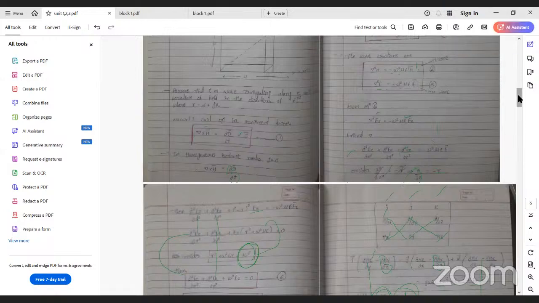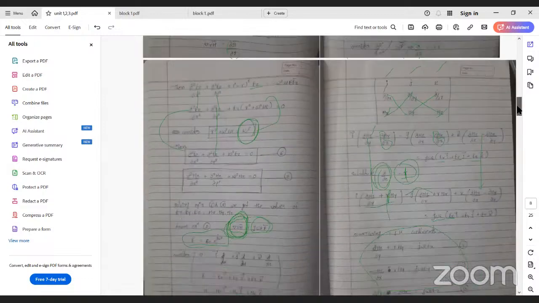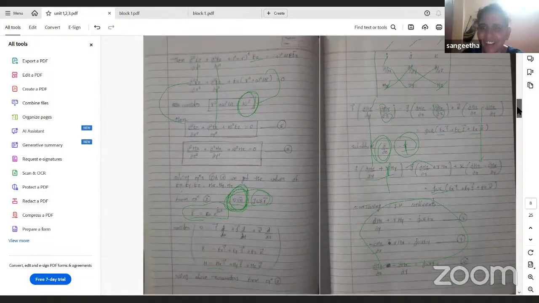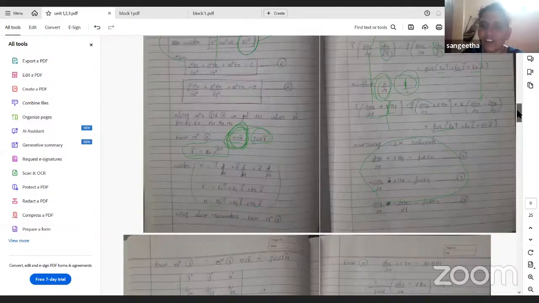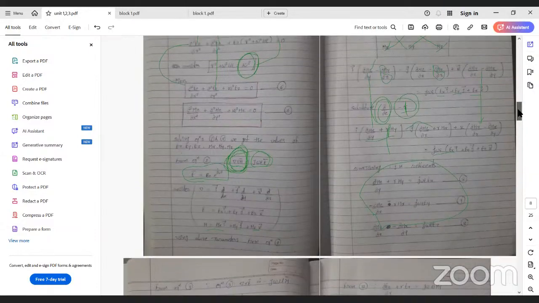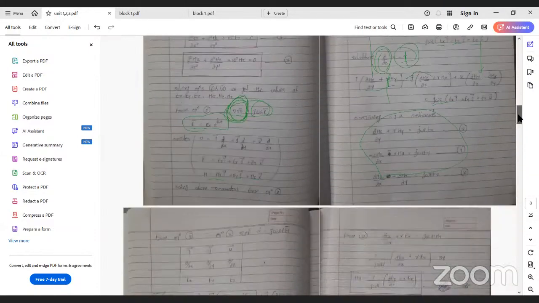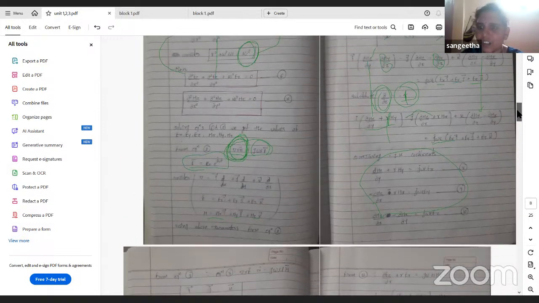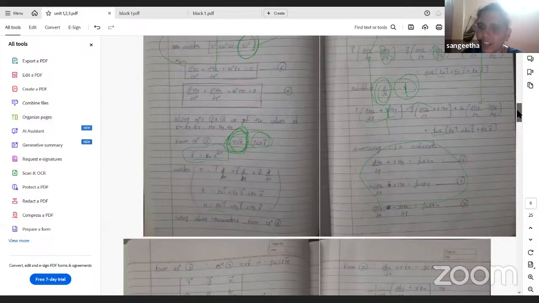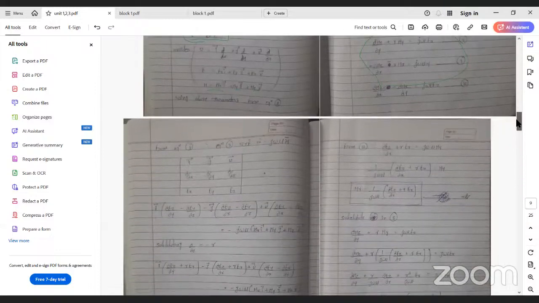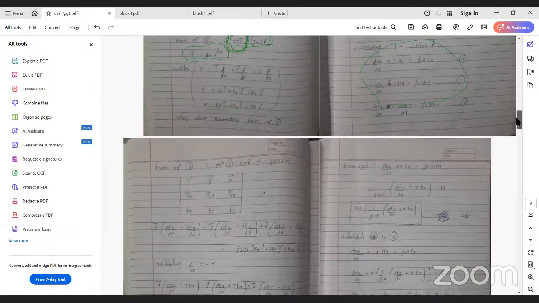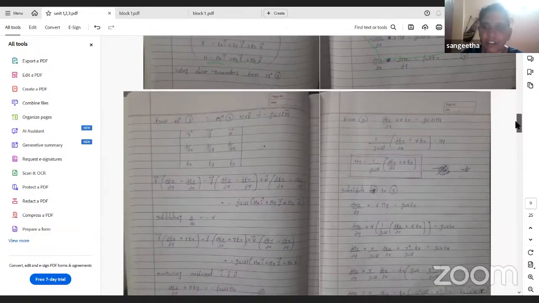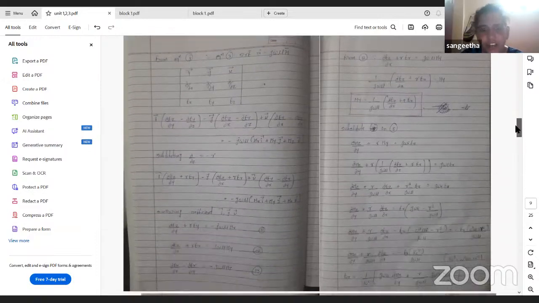Okay, ma'am, clear. Send the notes, everything is clear. Okay, at least if you understand this, I can go further. Yes, ma'am, understood. Next, up to where we discussed, we got 3 equations, the 8th, 9th, and 10th, from the i, j, k coefficients. Same way, now we will do it for the electric field, and we will bring 3 more equations.